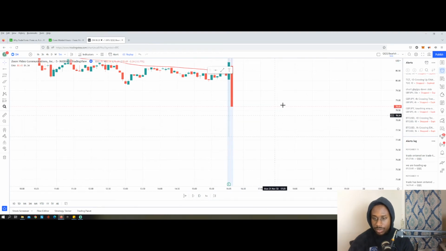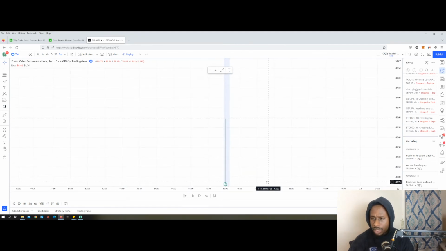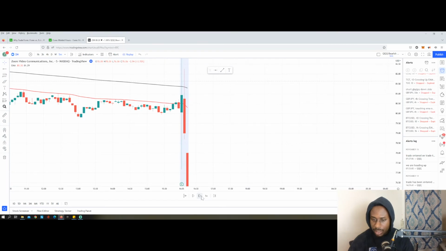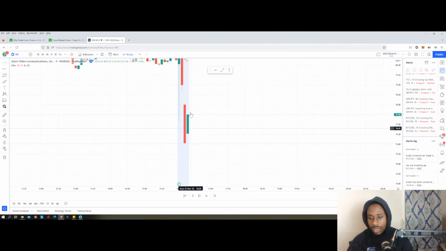And then the next candle was a huge red candle, just huge sell pressure, and that closed at around $79. So Zoom went from 86 to 79, and then the next candle was a huge more sell pressure, 76, a little up, and this